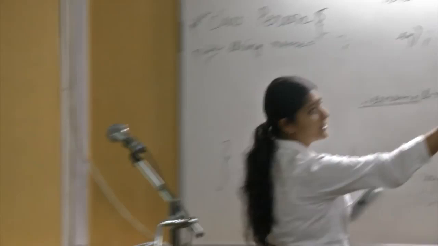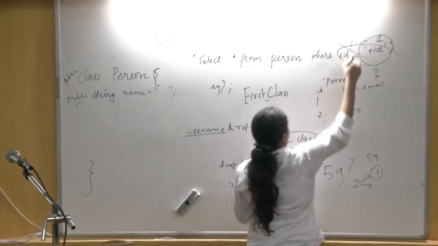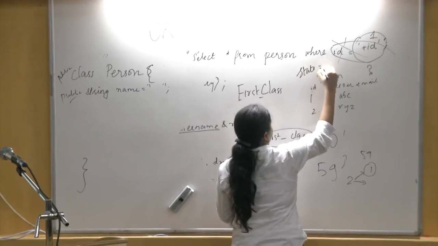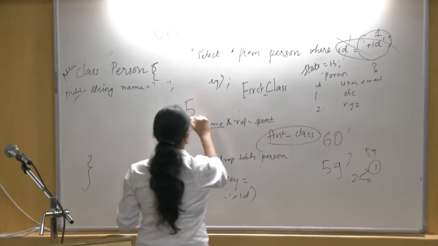You are writing a query, select star from person where state is equal to 13. So you have a list of rows available. How do you save it? Can anyone say how do you save the number of rows which you fetch? Please answer me. You can go to MySQL and write select star from person where state is equal to 13. So you get a list of 5 rows.